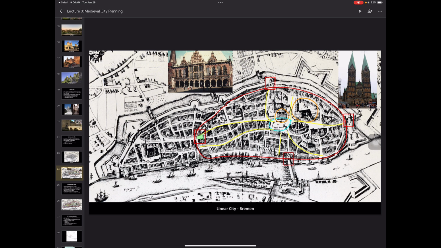So anytime we have a super wide road or a very interestingly shaped road that doesn't seem to make sense, that's usually a sign that a city wall used to be there at some point, right? So if you look at these other smaller streets, they're gonna be a little bit thinner because those are just your average streets. But these right here where the city walls used to be are thicker because city walls are pretty thick, right? And you can also see we have one out here as well where that row of houses would have been. So that's also where the original city wall would have gone as well.